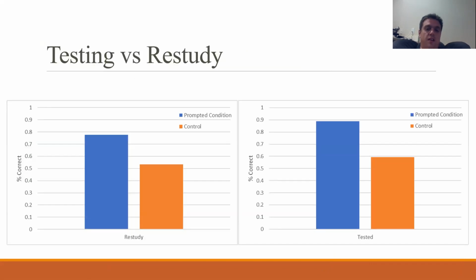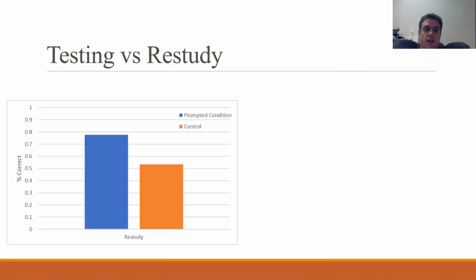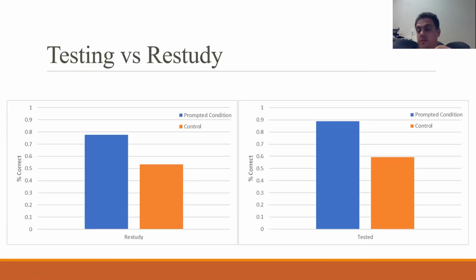Well, what we find is that, not surprisingly, restudying overall, or just any kind of re-exposure, does tend to help. So a question or a statement that appeared on the smartwatch is going to be remembered better for the final test, but it's even better if you test them. You can see here, between restudying and control, where you don't see the question at all beyond that initial phase of learning, you do better if you got to see it again. But again, just looking at this blue bar and this blue bar, testing is of course better than restudying.